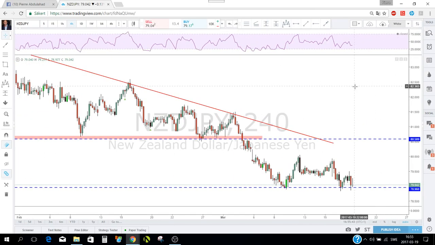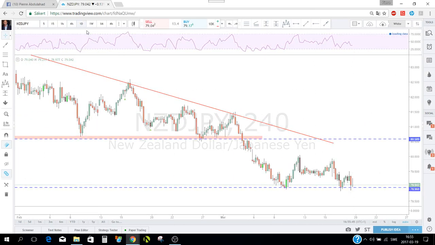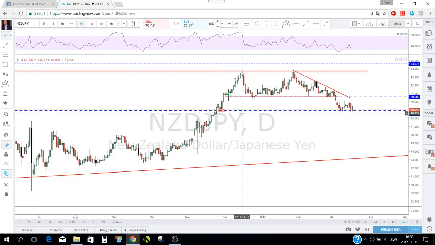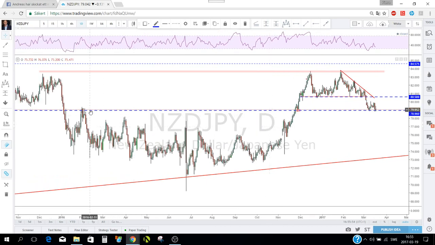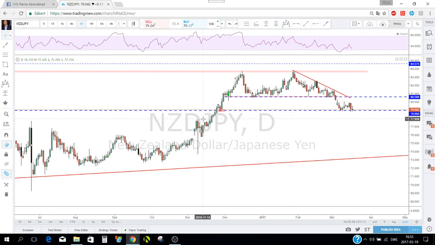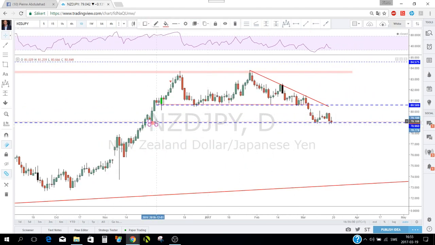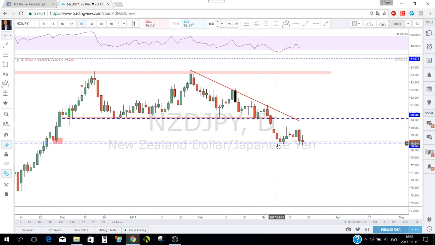New Zealand Japanese Yen. We've backed down here, guys, at this structure that we talked about last week. As you see here, this should act as good support. We said that this order block here maybe will hold the price, and what we have now, something that looked